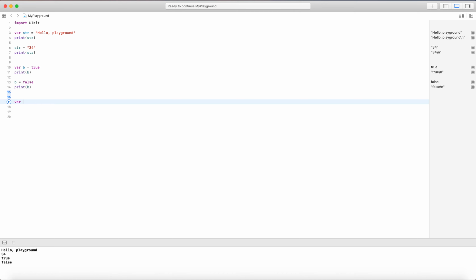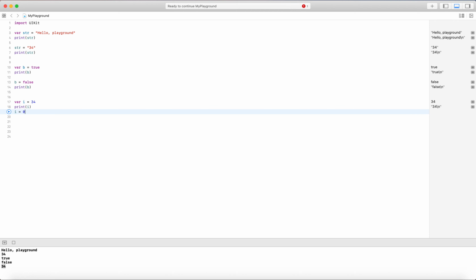After that we have an Int. Let us suppose I check where i is equal to 34. In the same way you can print that value. If I run that, you will see 34 printing on the console. If I assign some float value to it, you will see it gives us an error: you cannot assign value of type Double to type Int.